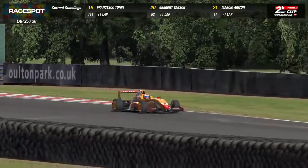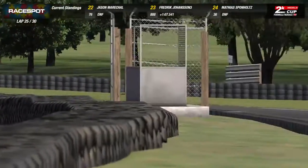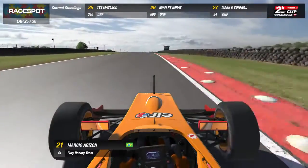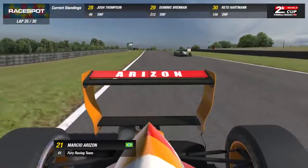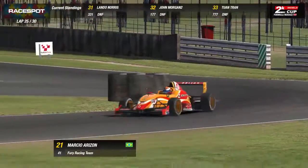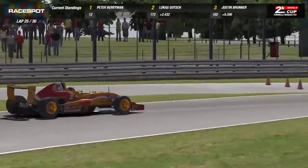There is a driver, though, who is about to go a lap down to Peter Berryman. And there you can see Peter Berryman, and the guy about to go another lap down. That is the driver of Marcio Arizon. There we can have a look. And Arizon is just going to allow him to go right past. Good work there by the Fura Racing team car. Yeah, very good work there. Made sure he got out of the way very quickly, and he's got to do it again in just